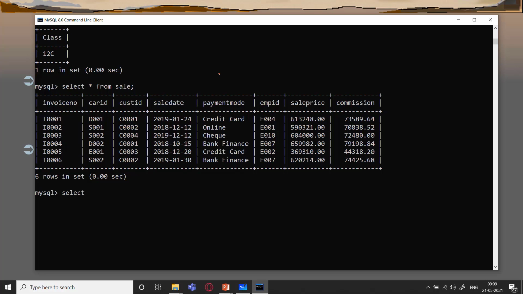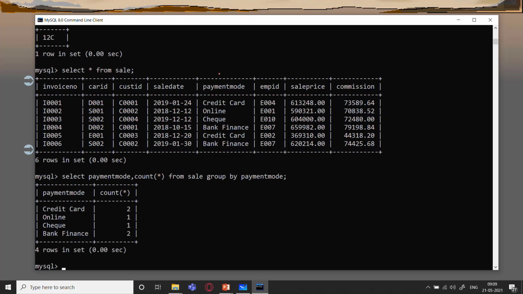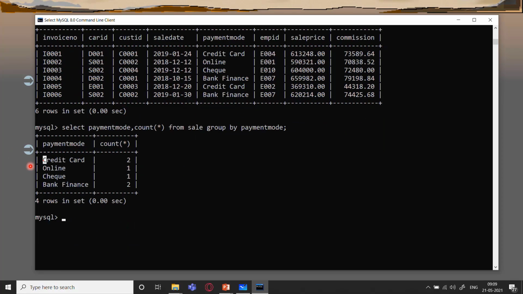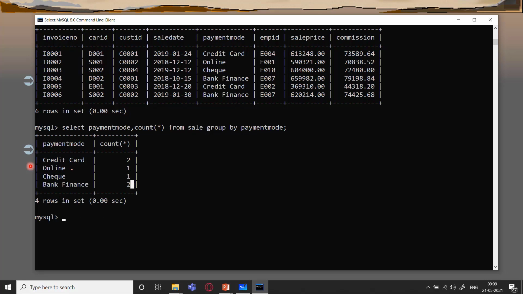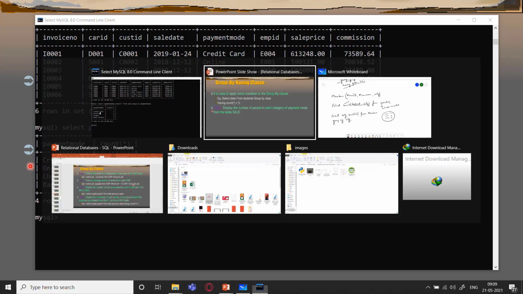So that would be select payment mode, comma, count from sale, group by payment mode. So you can see payment mode over here, credit card, online, check, bank finance, and how many people have made payments through each.